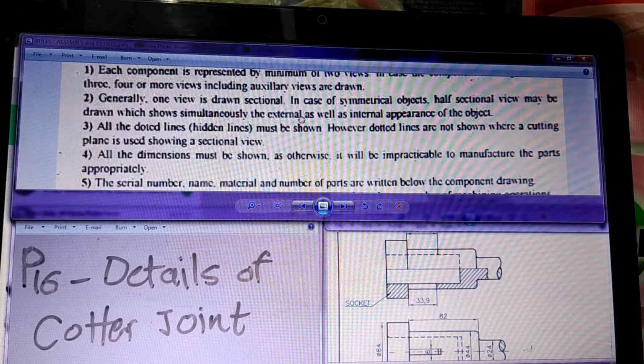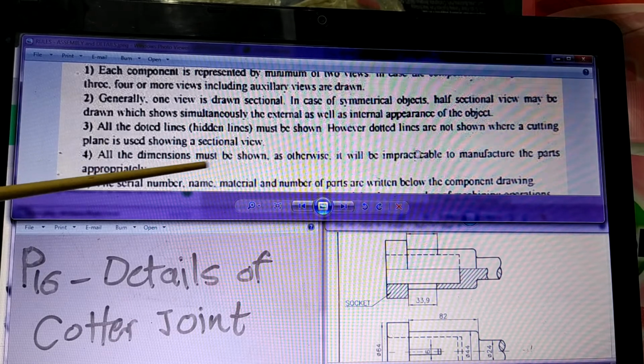Then the other thing is the dotted lines. We have to draw all the dotted lines, because the drawing of that part should be very clear. The manufacturer should understand what the part is. So the dotted lines, etc. should be properly drawn without any omission, unlike in the assembly drawings, because at that time the relative position of the parts was important. That's why it was not given so much importance.